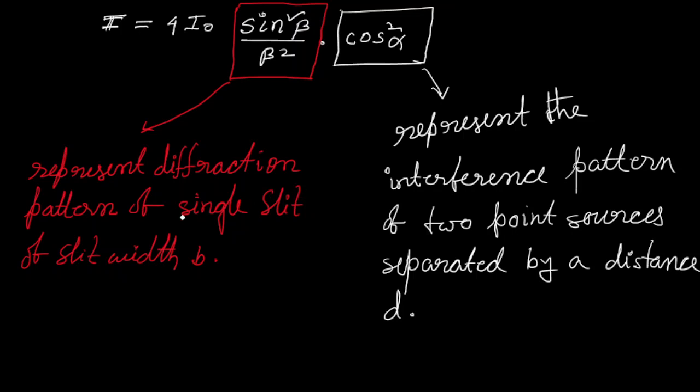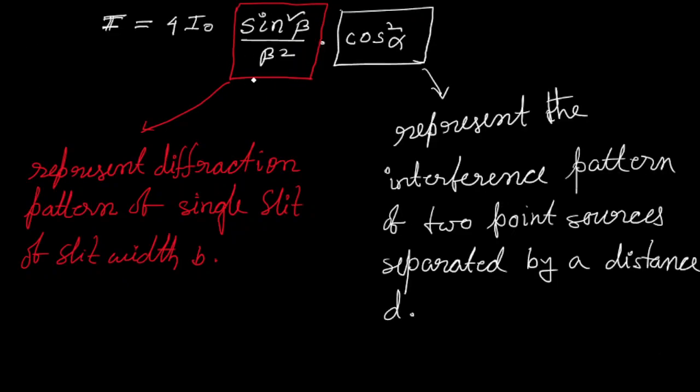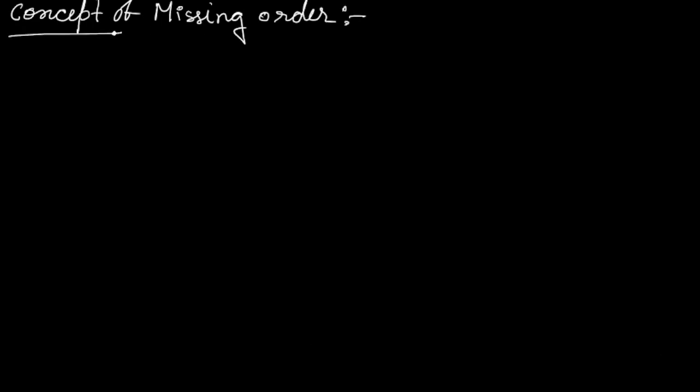Now we have to understand what the missing order is. What is the concept of missing order? For that we will use this idea: at what point we get the diffraction minima and at what point we get the interference maxima. So use this condition here. Concept of missing order. For that, first we have to find out the condition